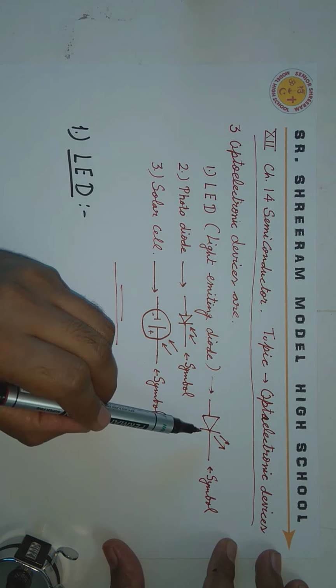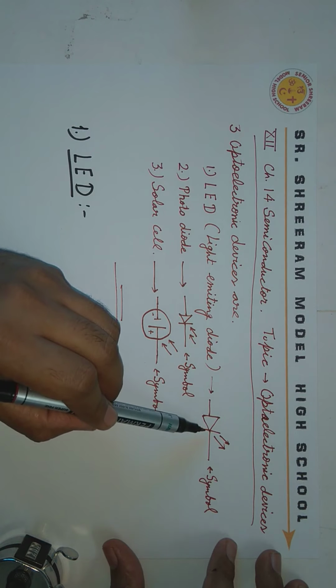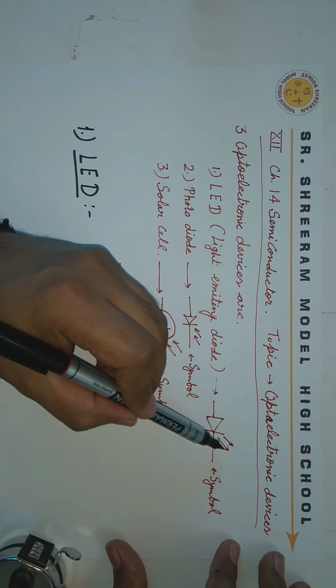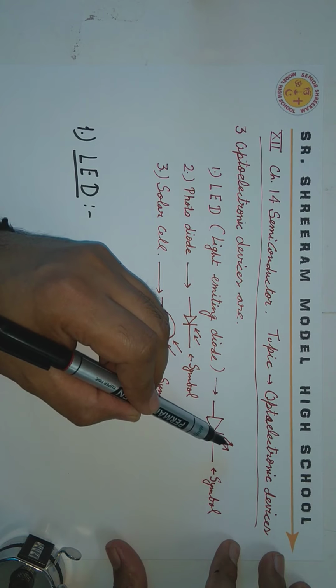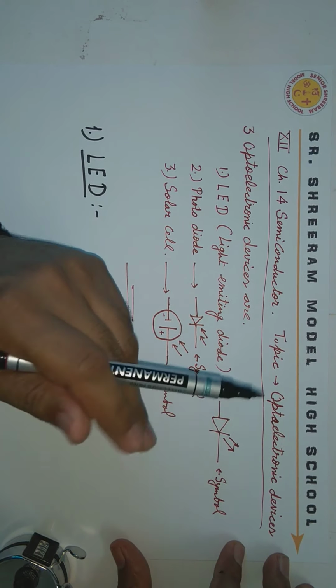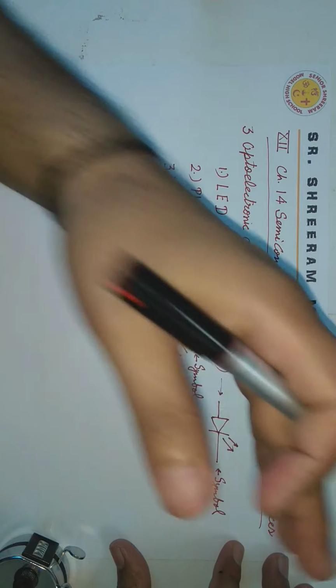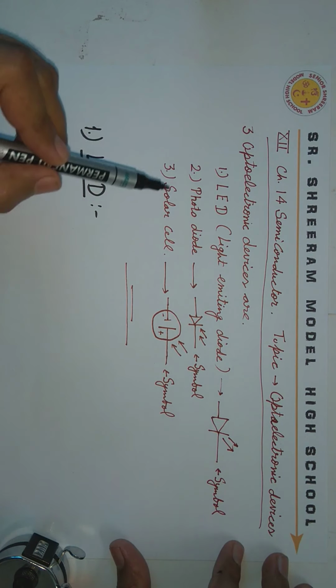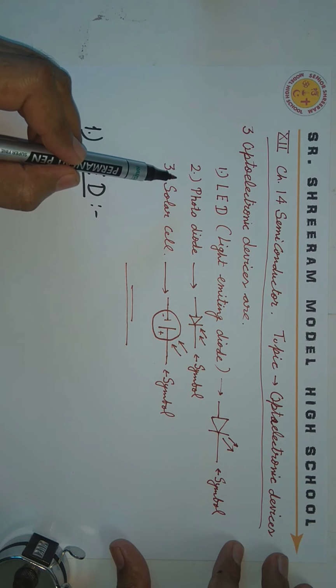Light emitting diode. It's a PN junction diode with 2 arrows going outward. Outward going arrows indicate that light is going out from it. Okay. So second is